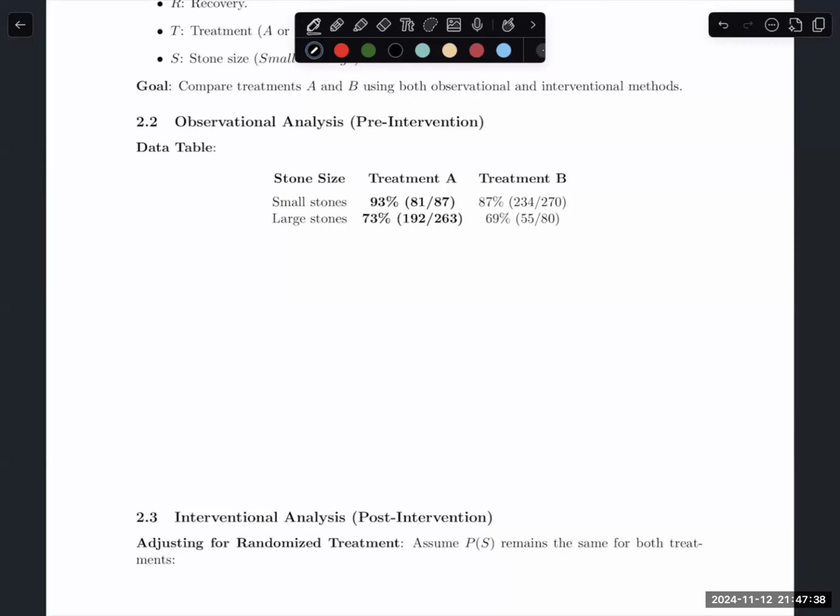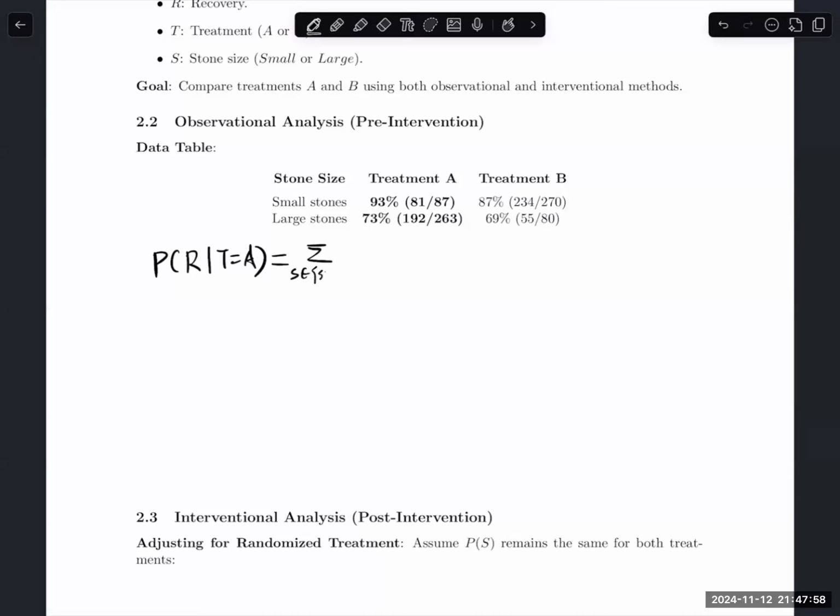So let's first think about treatment A. We have the probability of recovery when the treatment equals A. We can use the chain rule to decompose this probability, which becomes the sum over the stone size, which can be small and large, of the probability of recovery given the treatment equal to A and the stone size, times the probability of the stone size given the treatment equal to A. So by substituting the data back into this decomposition, we have